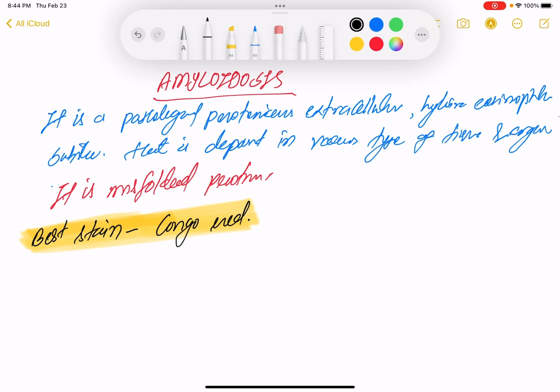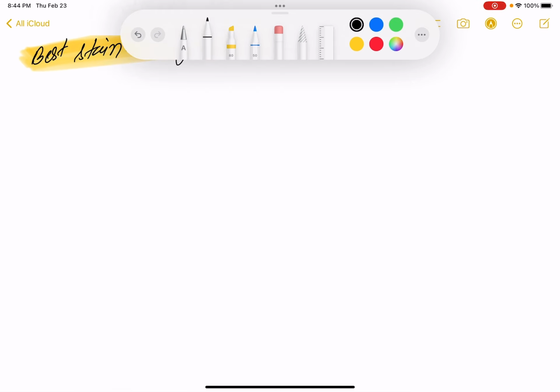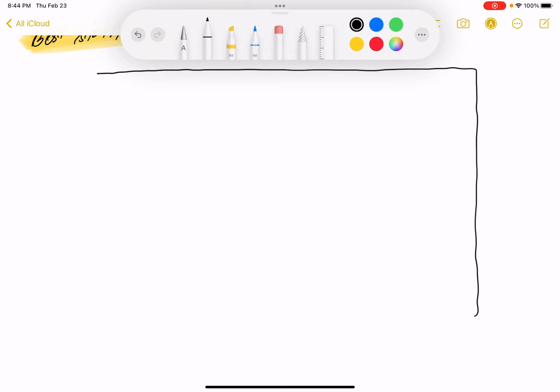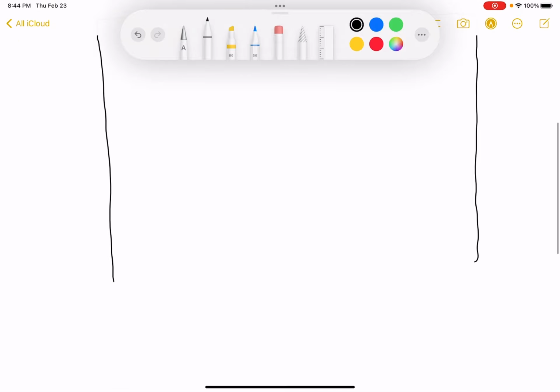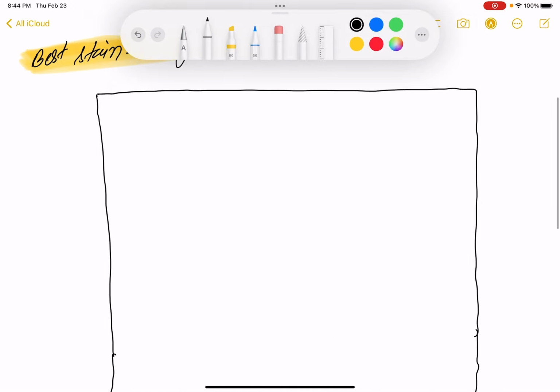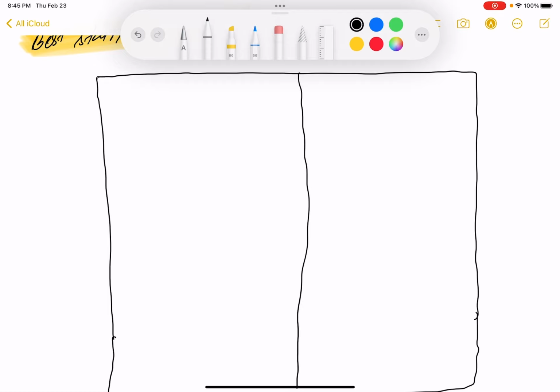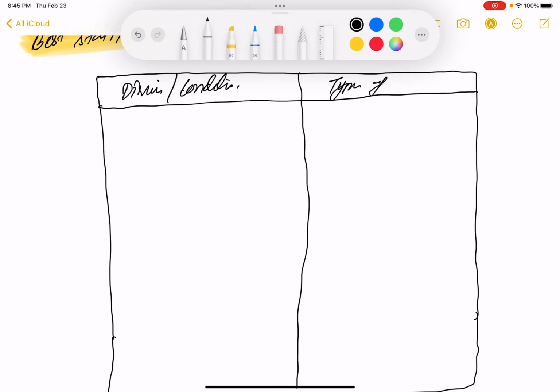Then I will draw a very important chart. By this chart we can learn many types of amyloidosis, meaning many types of abnormal protein accumulating in our organs. The chart shows the disease, and which type of amyloid is accumulated in which type of disease. Basically amyloid is of three types: